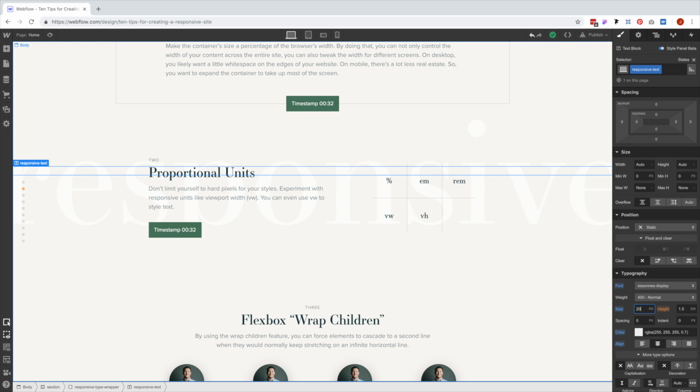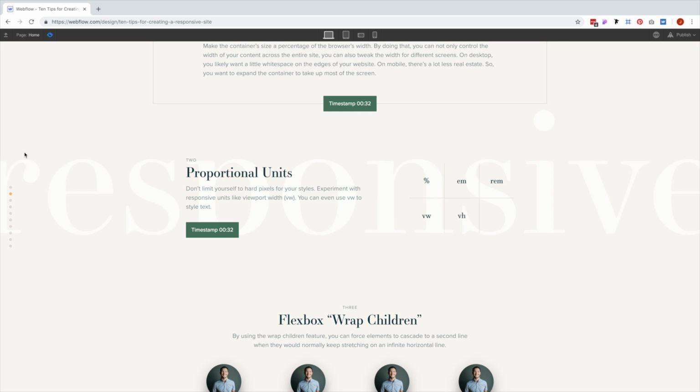I'm going to start off with 20 and see where that gets us. We're going to do 20 VW. It's a bit too small, so just using the arrow keys, I'm going to go up one at a time. And right there is perfect. 24 VW. If I hop back into the preview, it's now responding so that where previously there was that